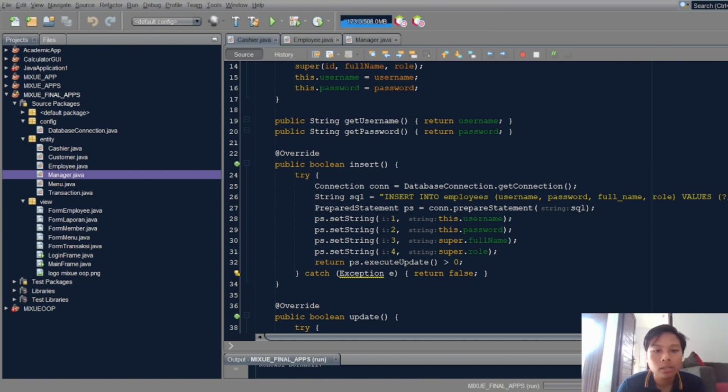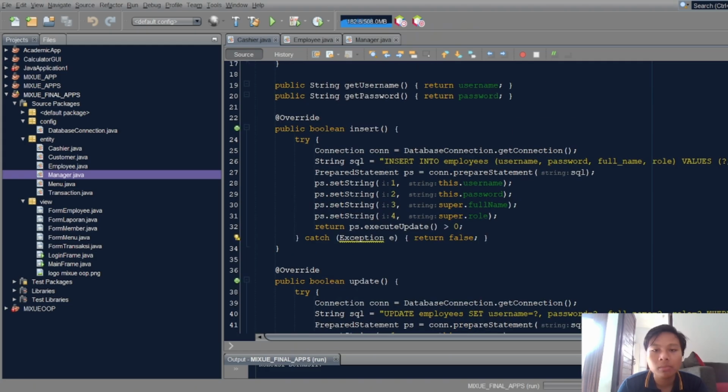And then this is the same logic. Connection con = database connection, that means getting a connection from the database, and then we run the SQL string on the database, which is insert into employees, because this method is insert.